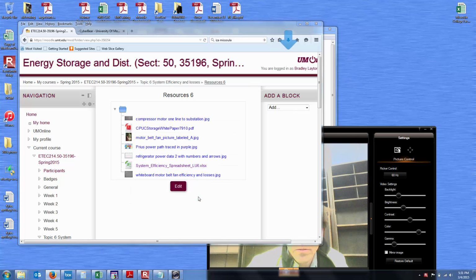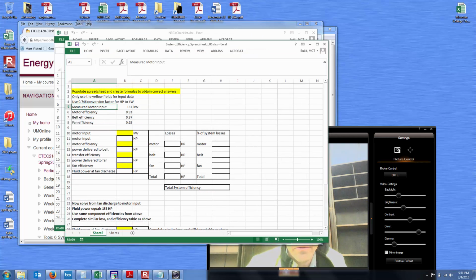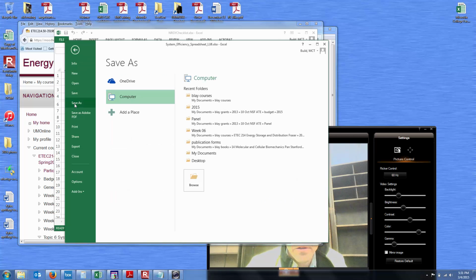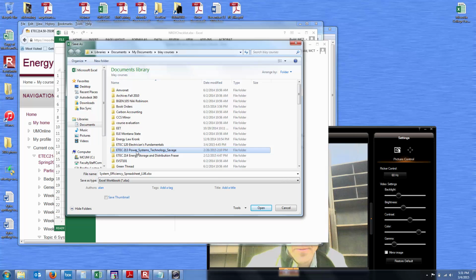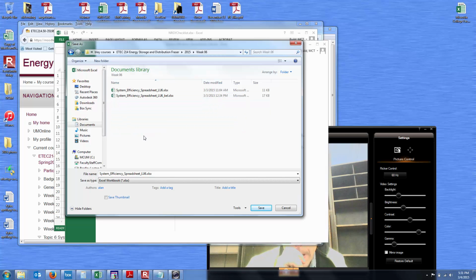I'll open it, and I will enable editing, and I will file, save as, courses, and I'm going to save it into EC 114 2015, and this is week 6. I've already done this a little bit, so I'll just call it System Efficiency Spreadsheet